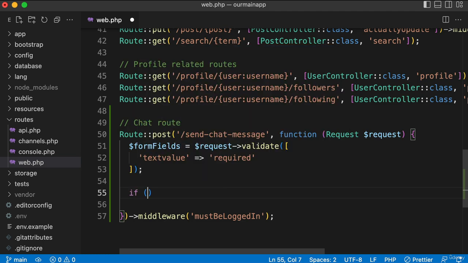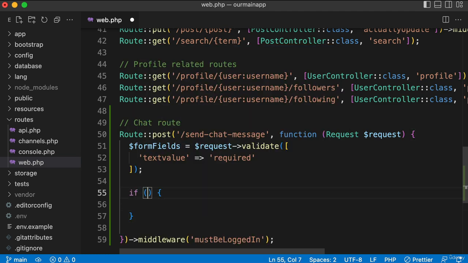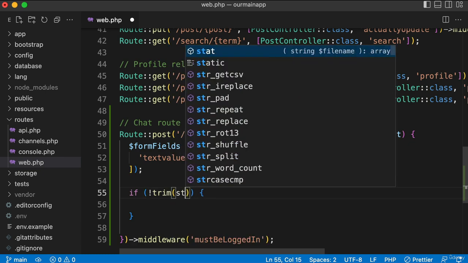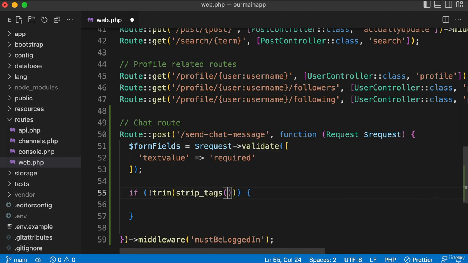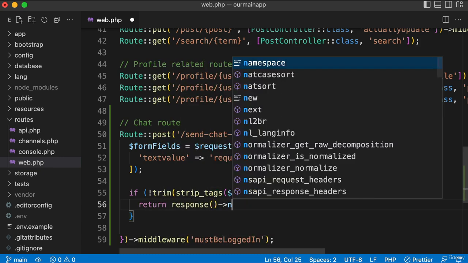So I'd say if, parentheses, curly brackets, for the condition, if the opposite of trim, and then I would also strip out any tags. So strip tags, and then in there, I would just look for form fields, look inside the array for text value. And then if this is true, that means they did not provide any valid text. So I would just return, and then I would call the global response function, and then look inside that and